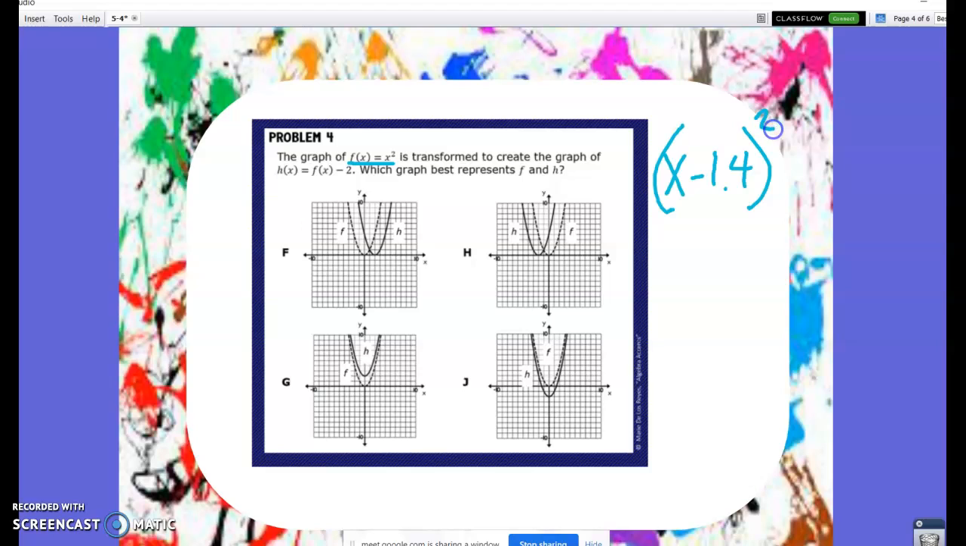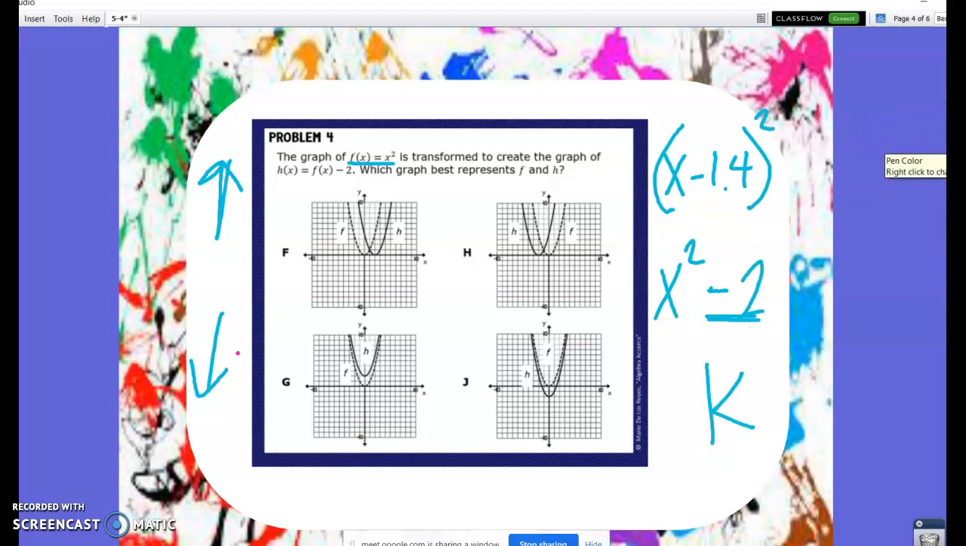This one is x squared minus 2. So this has already been multiplied by itself. So all they're taking is this x squared and they're subtracting 2 from the x squared. So if your parent function is at 0, 0, and it's already squared, then the minus 2 is actually a k value. So the k value tells you you're either going to go up or go down. And in this case, minus 2, it works exactly how you would think it would work. So we're going to go down 2